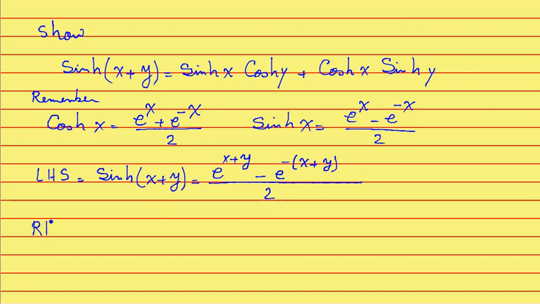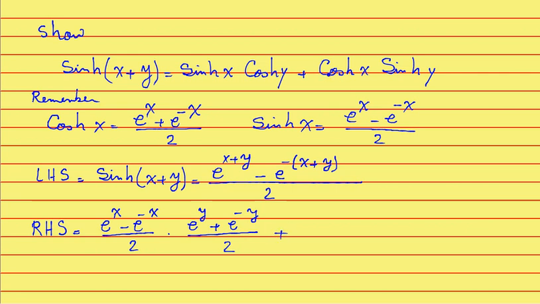Right hand side of the identity, I don't rewrite this thing all over again. Instead of sine hyperbolic of x, I write its equivalent expression. It's exponential of x minus exponential of minus x divided by 2. Cosine hyperbolic of y, that comes from here, except that x has been replaced by y, so I have to multiply by that one. It's exponential of y plus exponential of minus y divided by 2